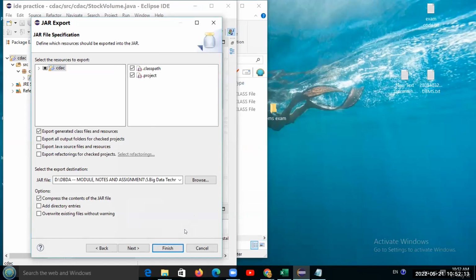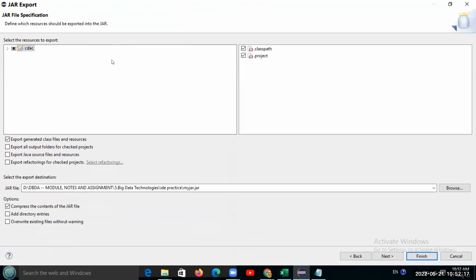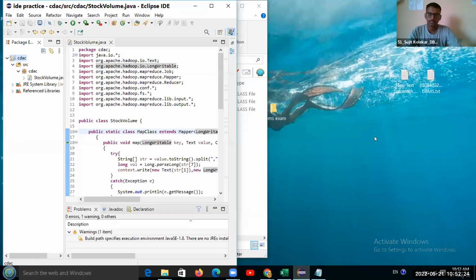Can you expand your screen, I want to see the full path. हाँ देखो अभी myjar.jar सेव हुआ है आपका, राइट? यस सर। अभी फिनिश करो। थैंक यू सर।